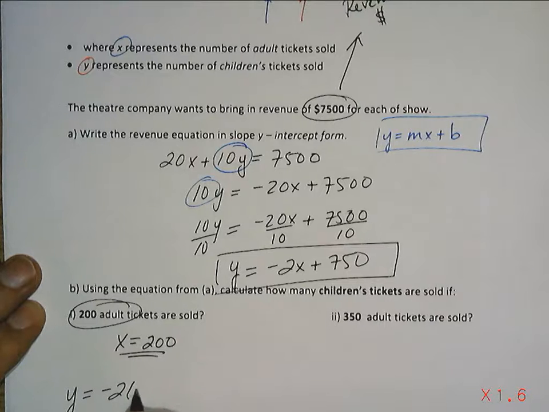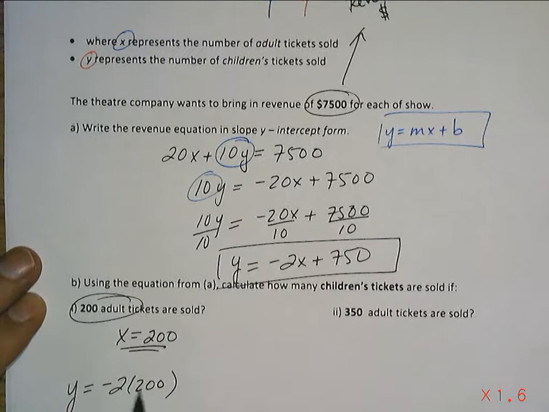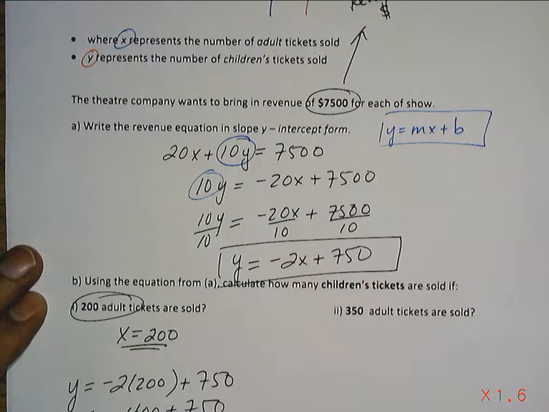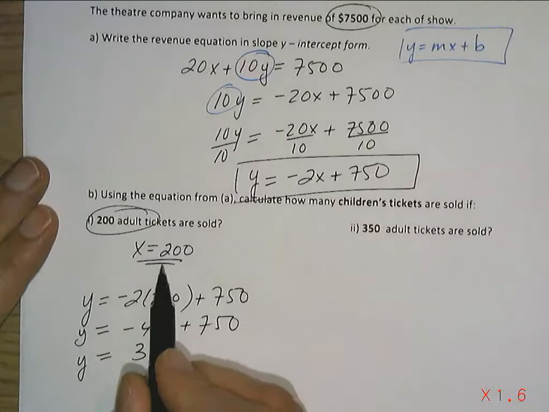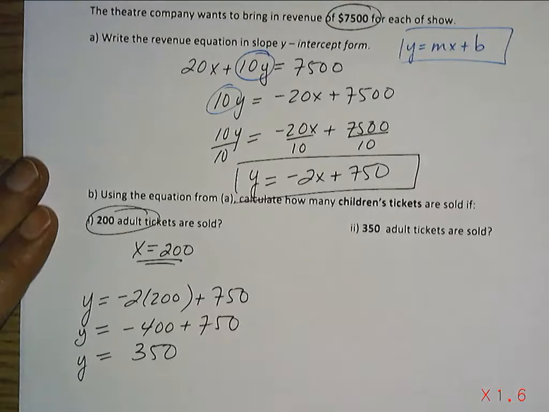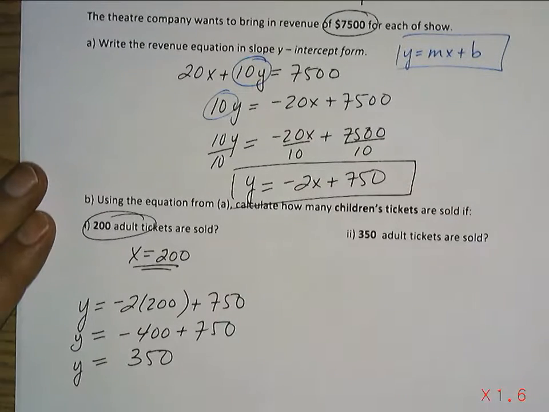So it'll be negative 2 times 200 plus 750, negative 400 plus 750, 350 children's tickets would have to be sold if 200 adult tickets were sold and we got a revenue of